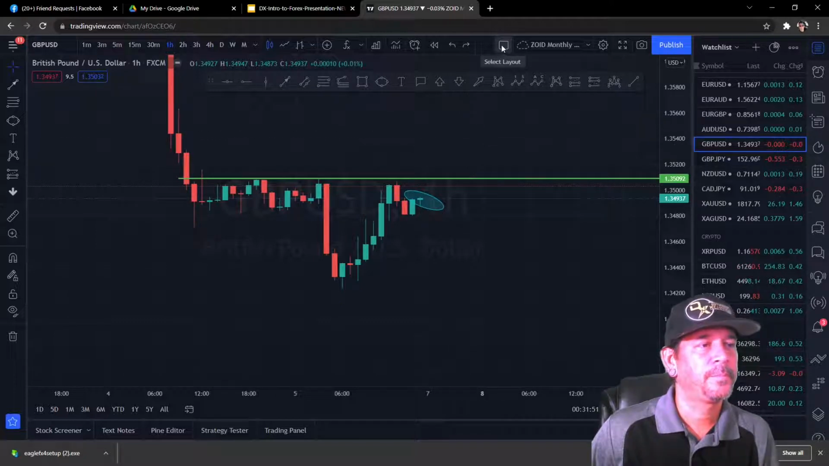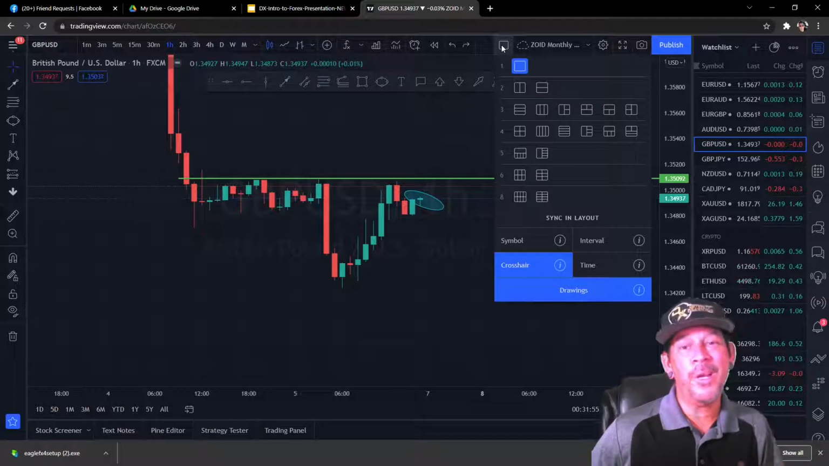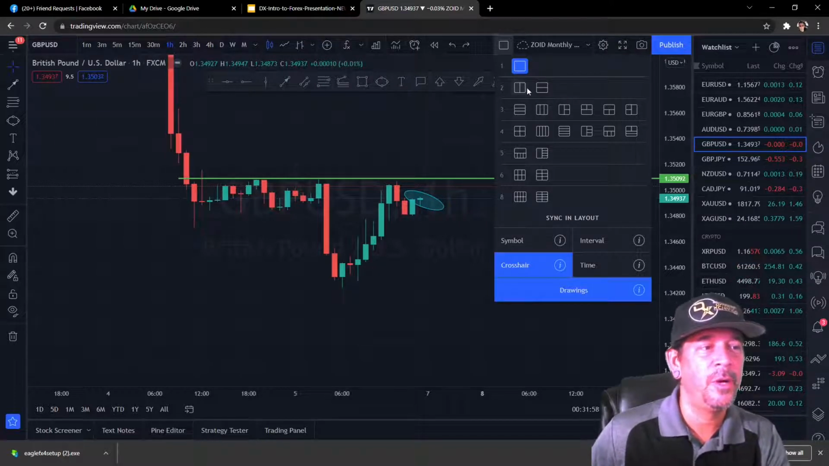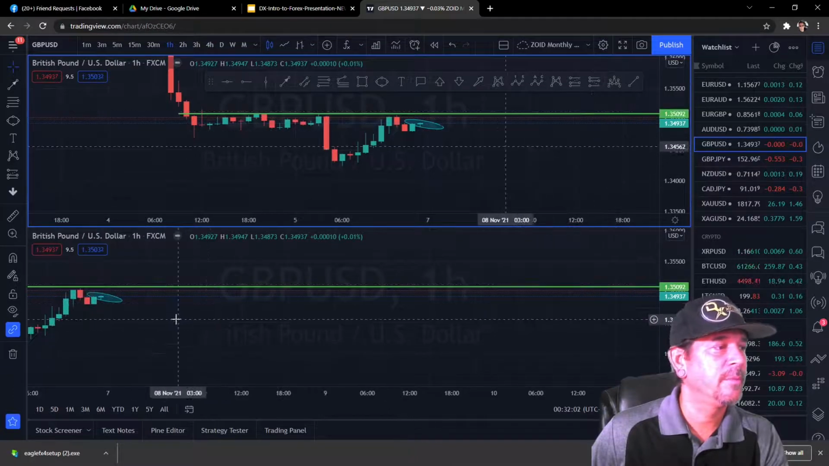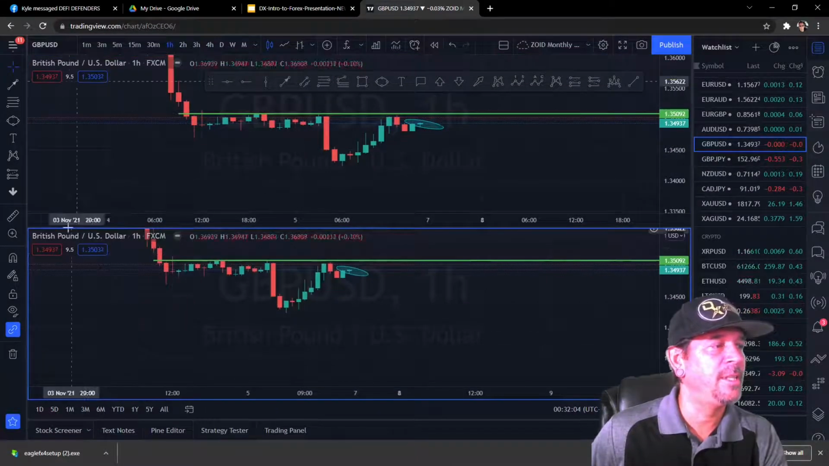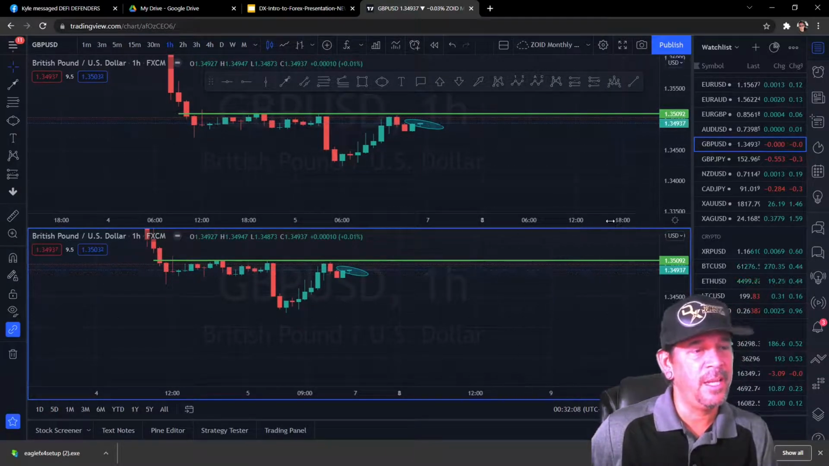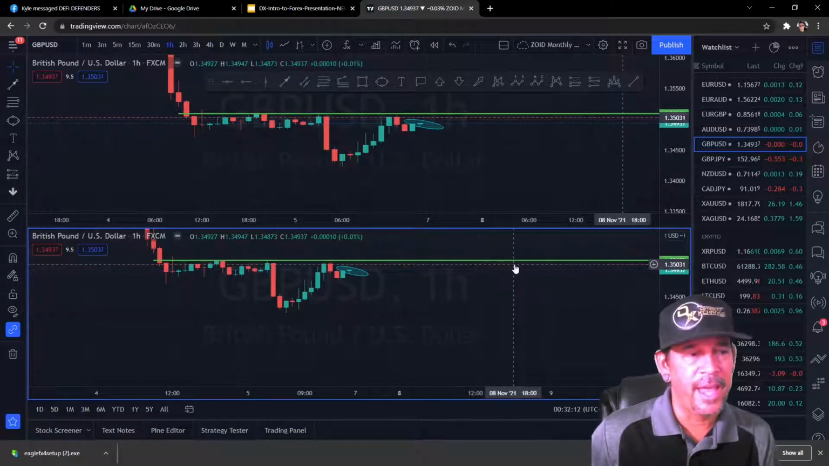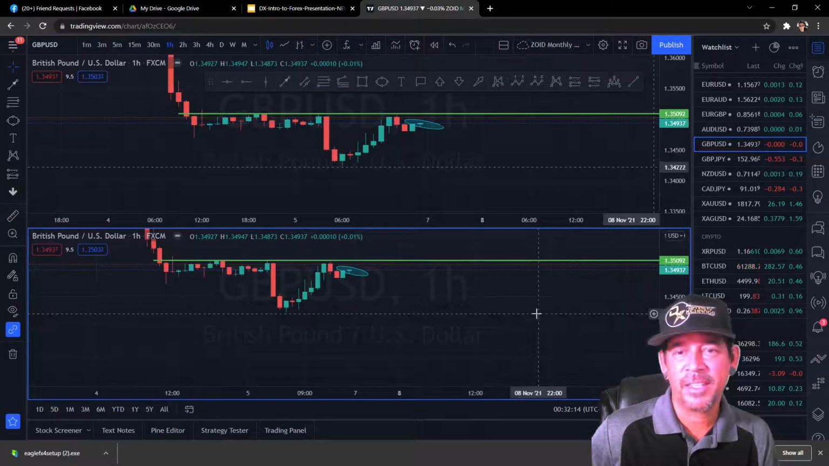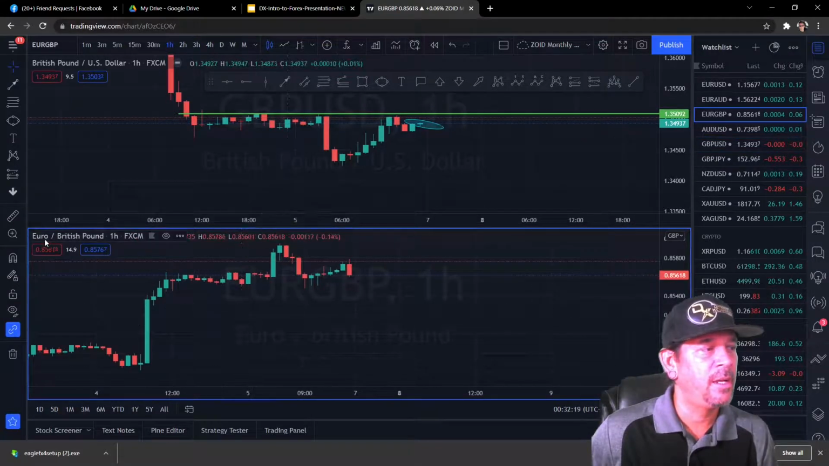Okay. This here, select layout. When you have the paid version, it allows you to do charts and compare charts. So you see here, right now, all it did is put the British pound on both charts. If you see the blue outline around this chart down here, that just means that this is the active chart. So if I go and do anything, for example,